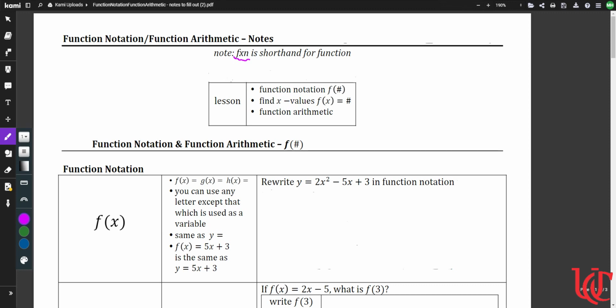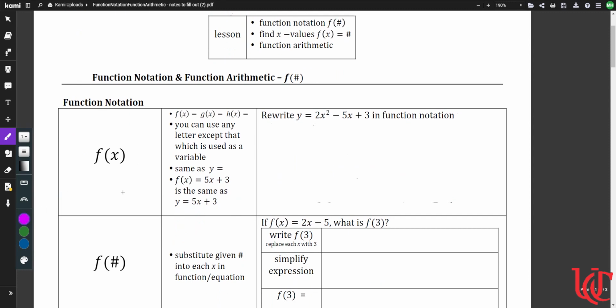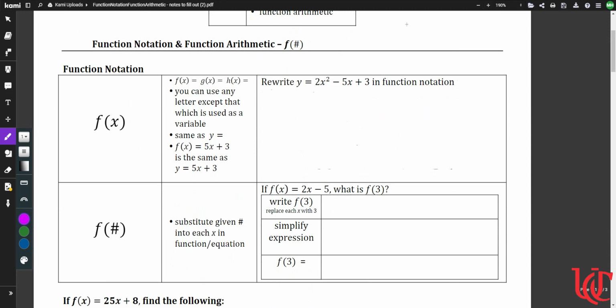We can't solve a function, but we can simplify functions. If we want to solve an equation, we'd need to have just variables, and that's where we replace the y with f of x. They're equal or equivalent. They represent each other. So for our first thing that we're doing, we're rewriting 2x squared minus 5x plus 3